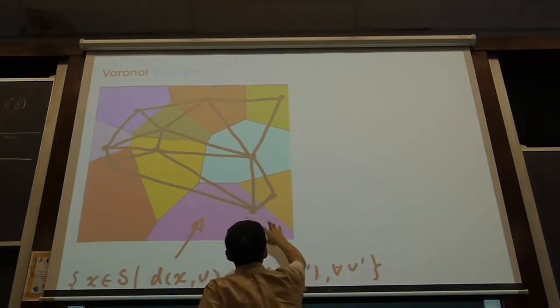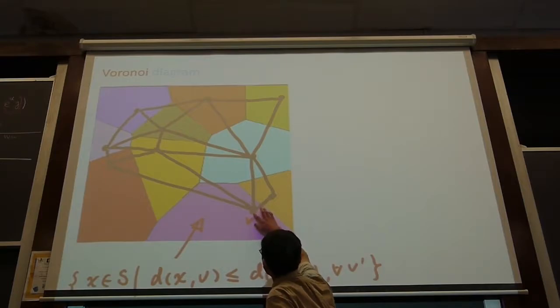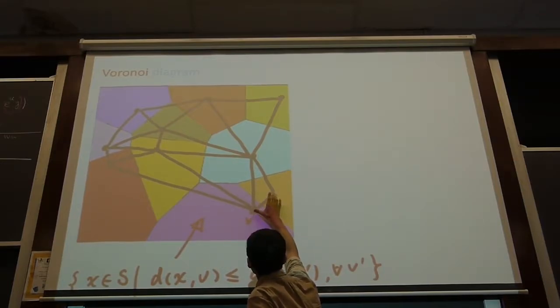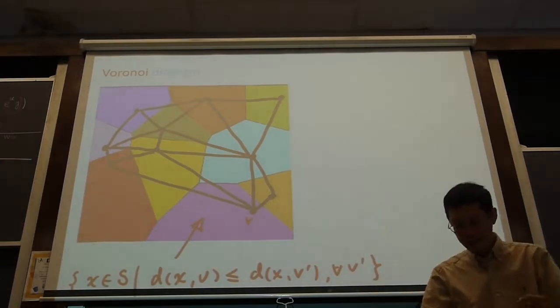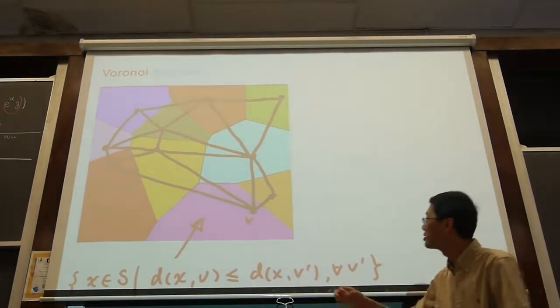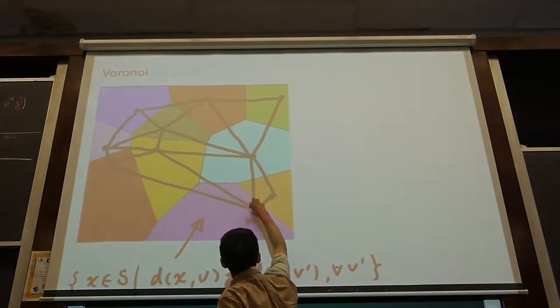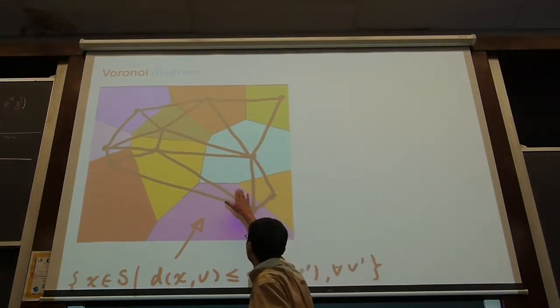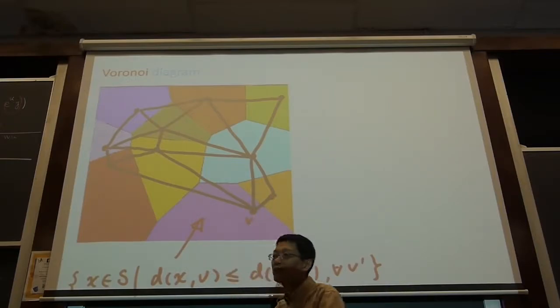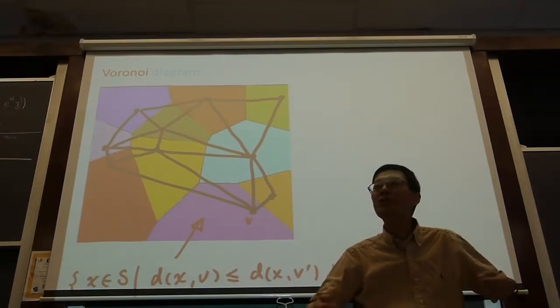So one way to get these regions is just to think of each as a point, and you expand each point to be a disk at the same speed, and when they touch, they create a wall. So this is how these regions are created.